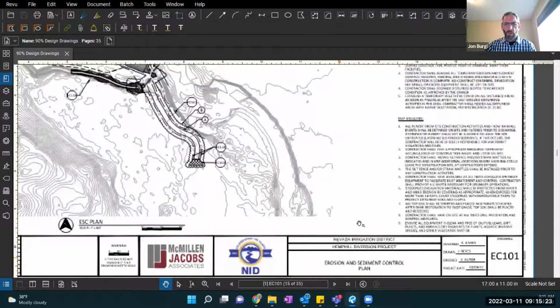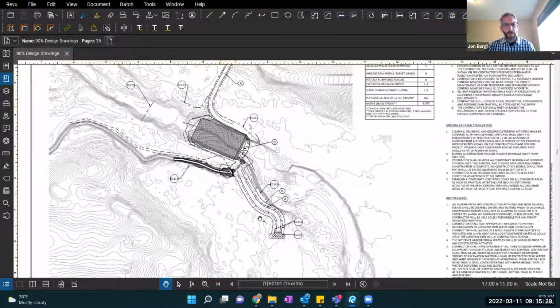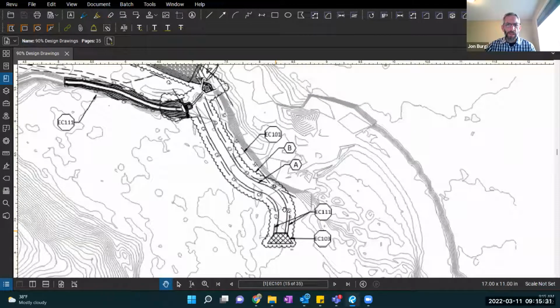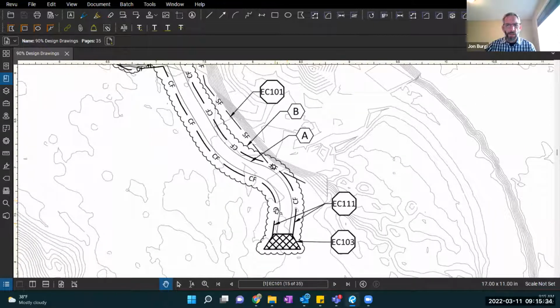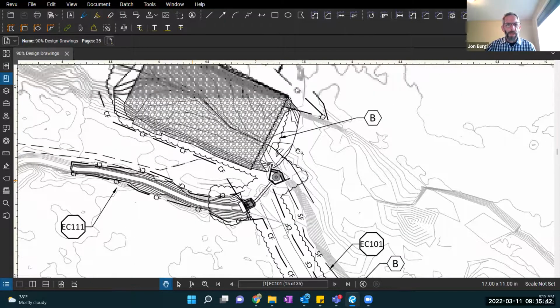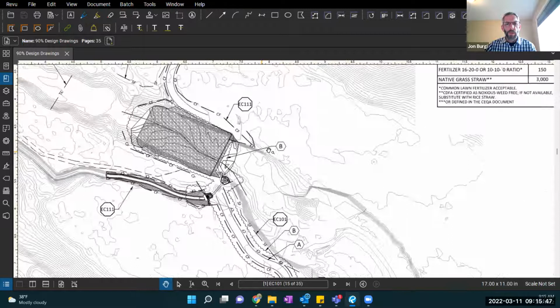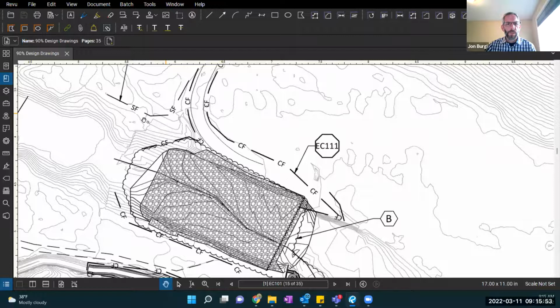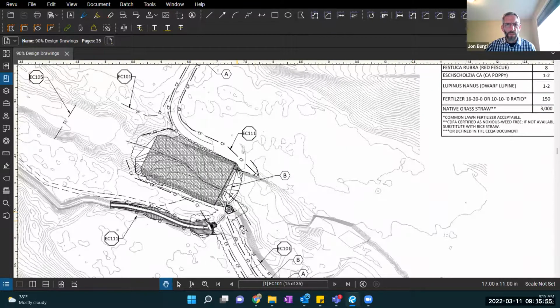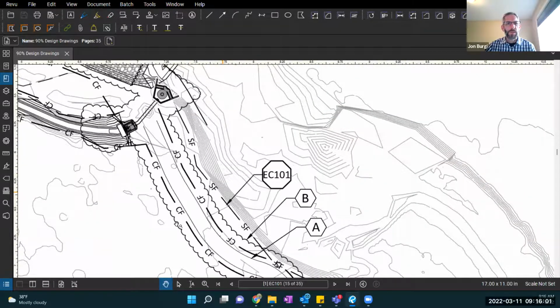This sheet here is our erosion sediment control plan, where we try to lay out for the contractor where all these pieces will go. So you'll have this access road, and this construction fence that'll be coming around it. There'll be construction fence around much of this. There will be silt fences going in there as well. There's silt fence up there. So in some of the areas we'll have silt fence as well. There it is, between the construction and the ravine, will be silt fences to protect those